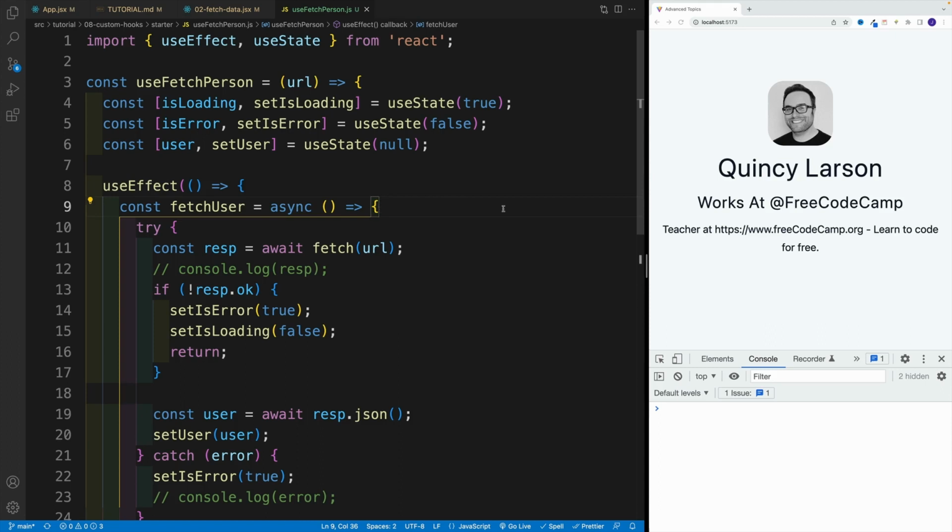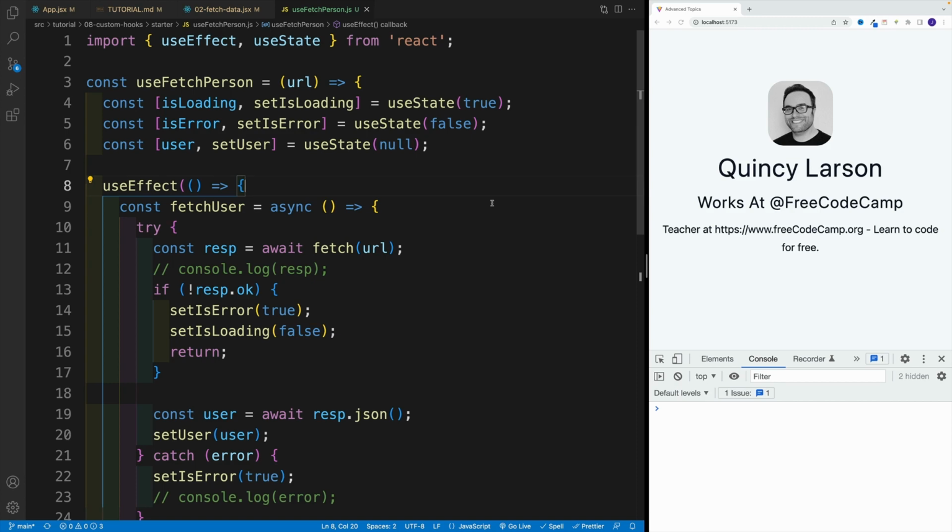And lastly, as far as the custom hooks, let me show you how we can make our function more generic, basically our useFetchPerson. Because chances are we'll probably want to fetch more than just a user. For example, we want to fetch an array or something along those lines. So again, the functionality pretty much is going to stay the same. We'll just change some names and what we're returning from the function. And as a result, we'll be able to use the custom fetch hook with pretty much any data, not just